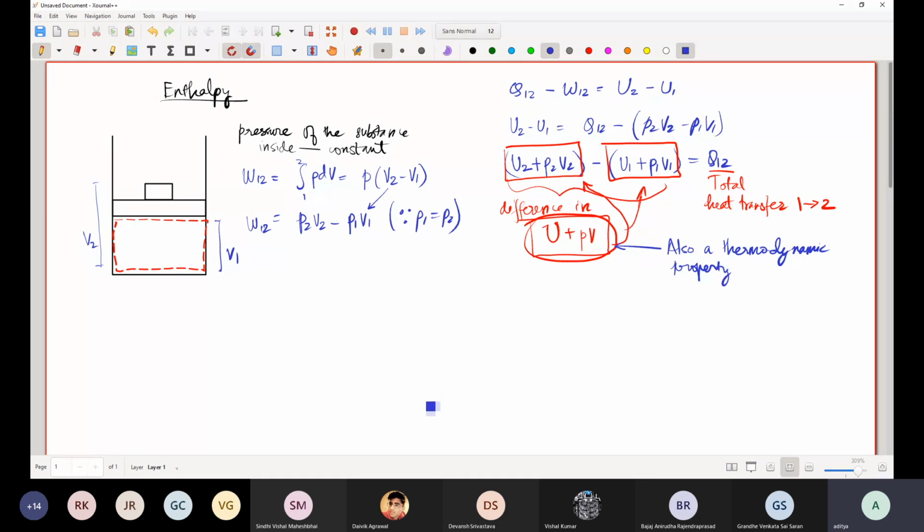Okay, it is only a function of the state point. It is not dependent on the path, and therefore we can define the enthalpy, capital H, equal to U plus PV. And if you divide everything by mass,